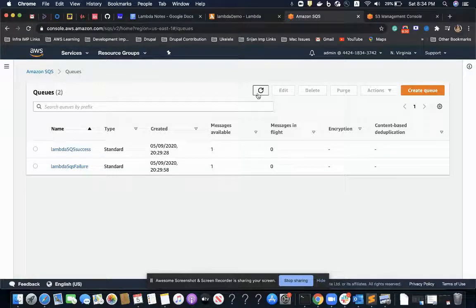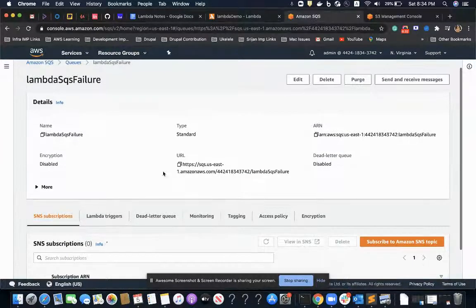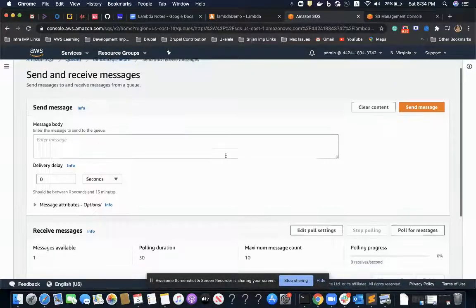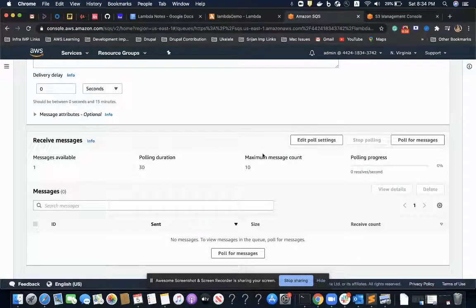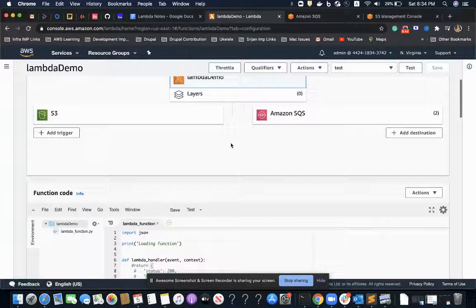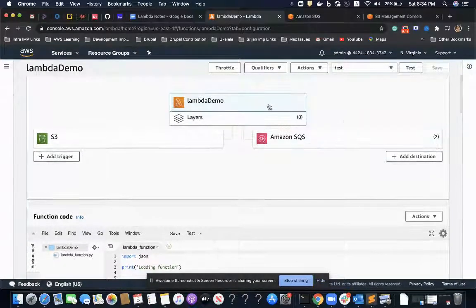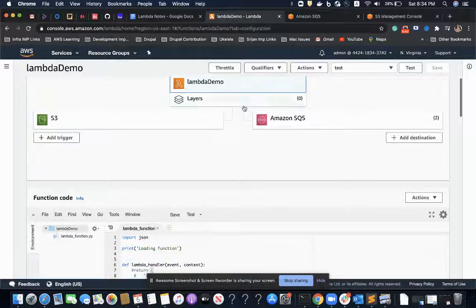Yes, we have received one message in my failure queue. So this way we can send data or messages to our queues on both the conditions, failure and success. So this is how we set up destinations on our lambda function.